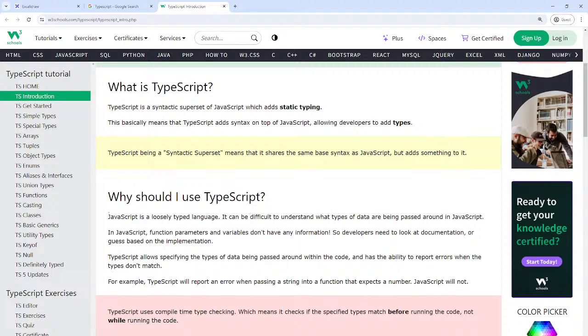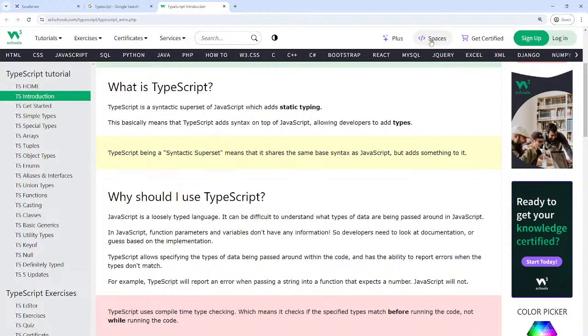It's a superset of JavaScript: it overcomes the faults and demerits that JavaScript had, because it has additional features like type checking and modules. We'll get to know about it further when we actually start coding, and we'll see the differences there.